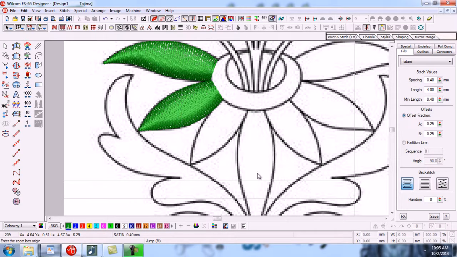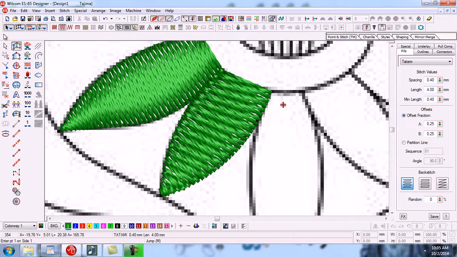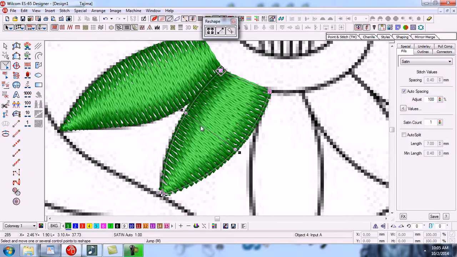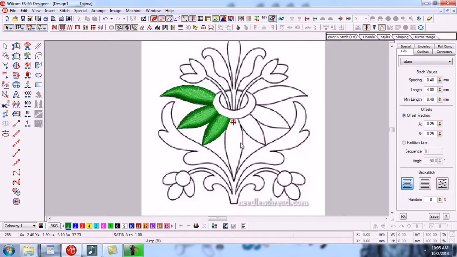Now we will make this object with input A. Left click, left click, right click, right click, left click and left click. Now press enter. This object is made in tatami. We can change it to satin with the H button, and we can change the stitch angle. So in this way you will make all these types of objects.